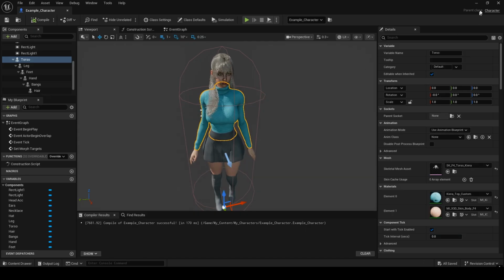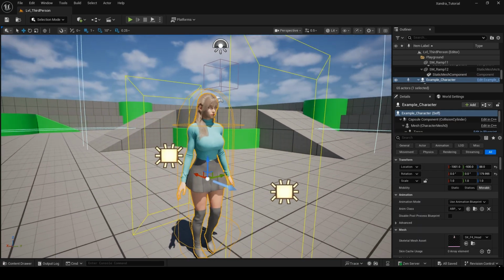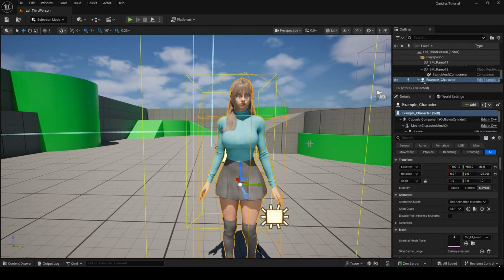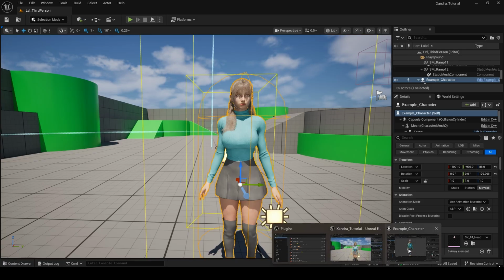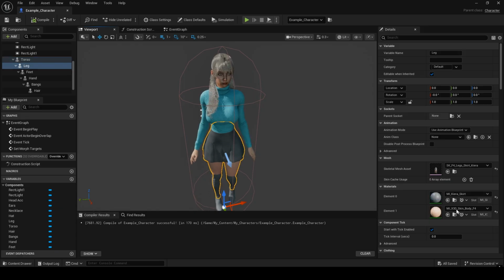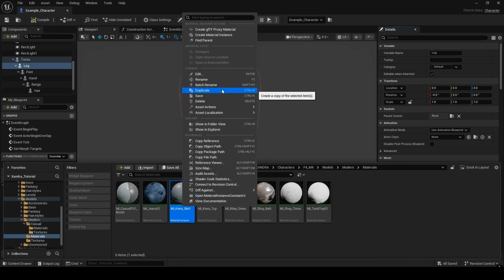But now you can see our custom color's been applied. We come here into the viewport, and there it is. So now our shirt is blue, so that's very nice. Next thing we'll want to do is set this up for all of the clothing. So we're going to do the same thing. We'll go to the skirt, and we'll duplicate that,